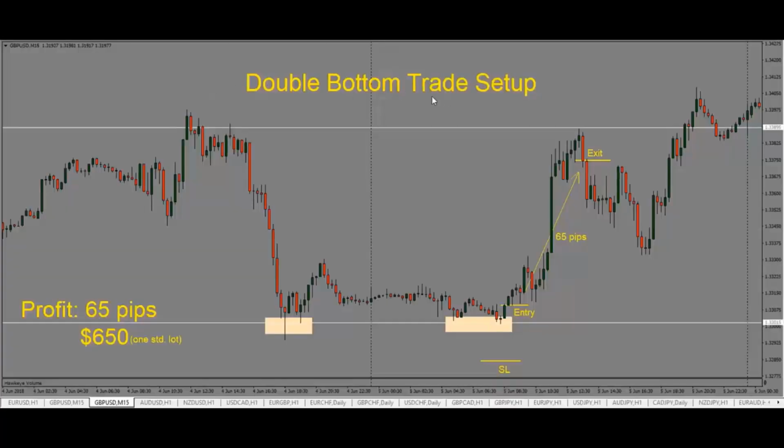Here we are looking at a double bottom trade setup. This is the pound US dollar 15-minute chart. A double bottom is formed when price comes into a support area and then bounces off of that, and then comes and tests the same level once again and again bounces off of that level. So this is the formation that we are looking for. We see that the price tested the same level twice and is not able to break below that level. So once we get this type of a double bottom formation, we're looking for some solid candle close,